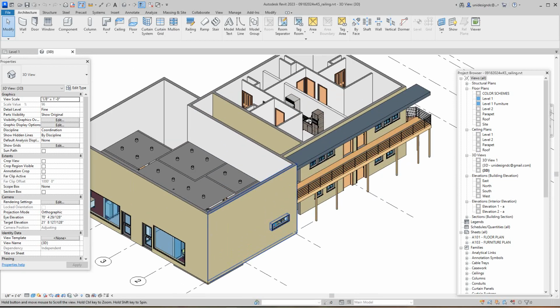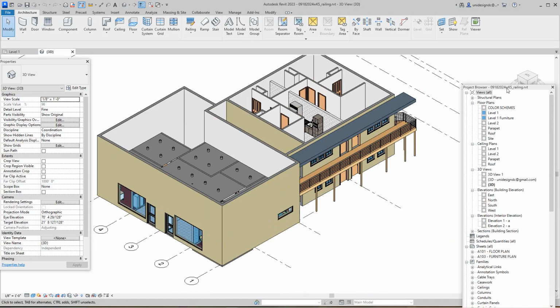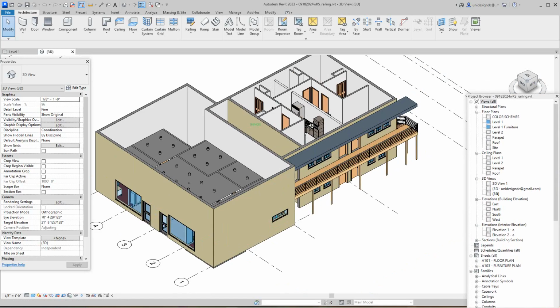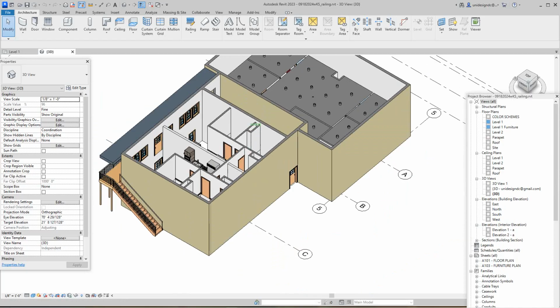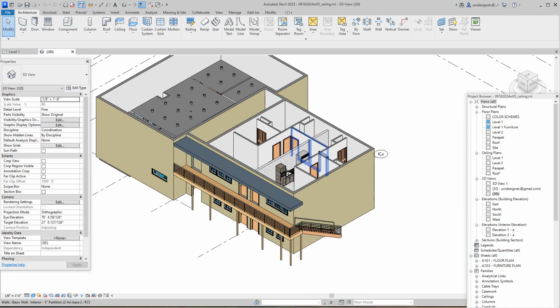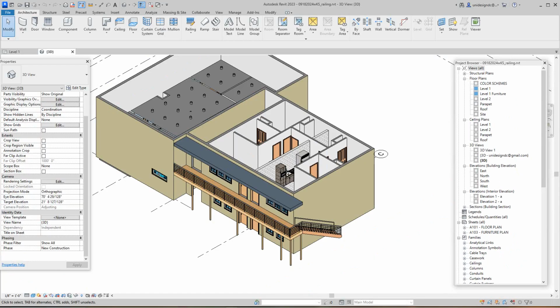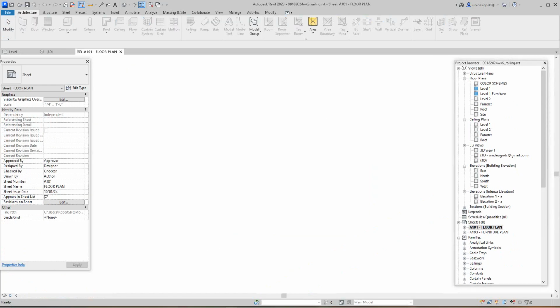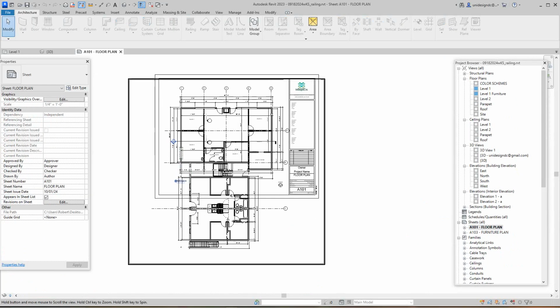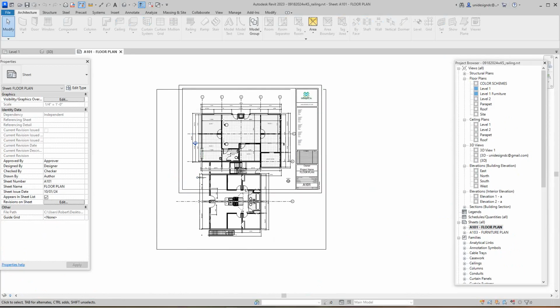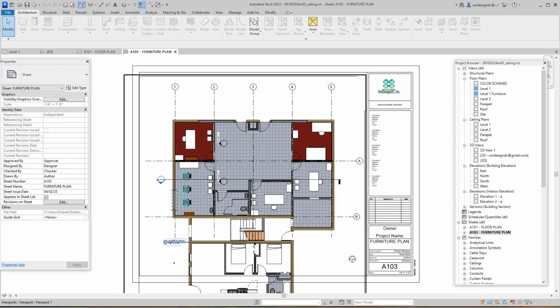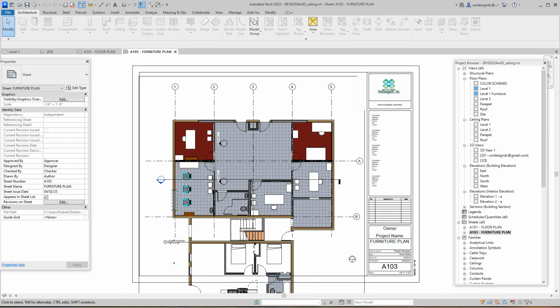In this exercise, this is the project we've been working on. We're not complete with it, but we had some issues. Client wants to see drawings. So what we do here is see what we've got. And we don't have much. As you can see, our plan is not fitting on this drawing very well, or our furniture plan. So what we need to do is